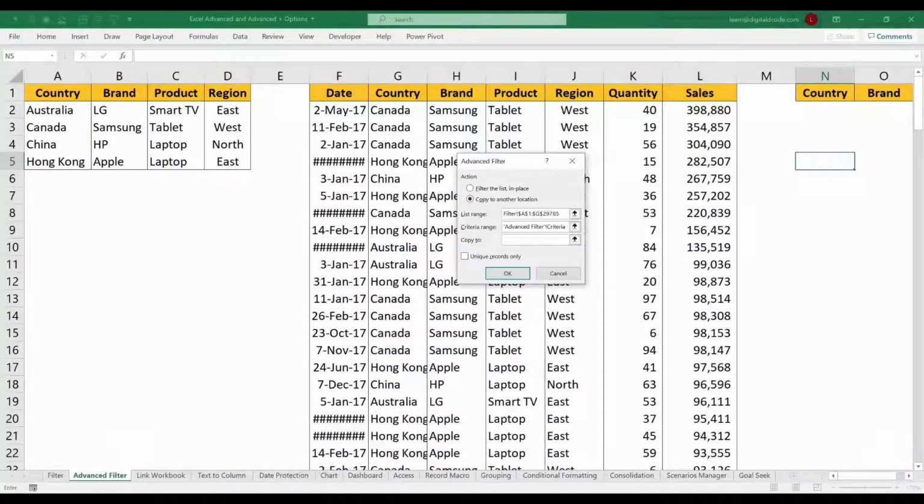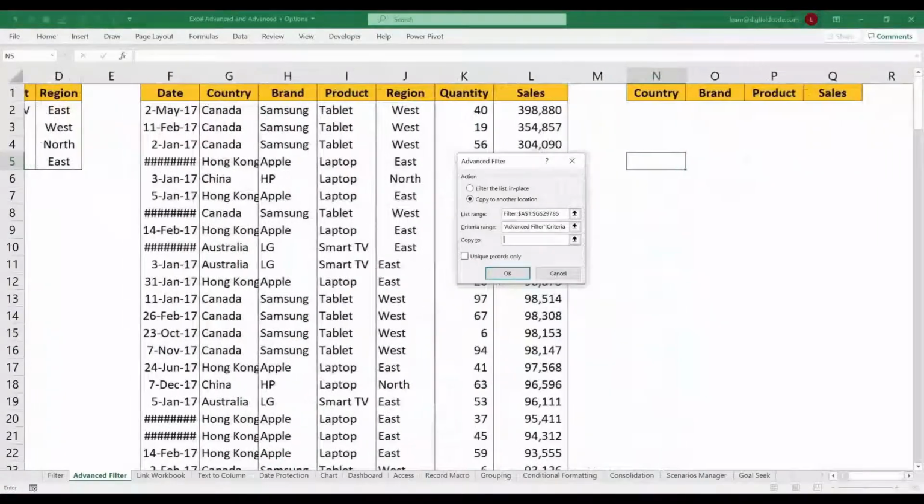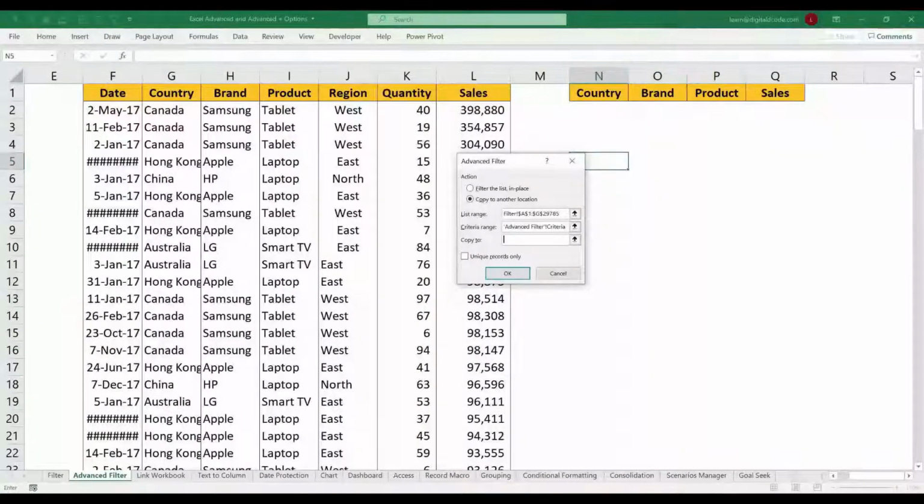For the copy to location, generally we choose one blank cell, right? If you choose a blank cell, you will get all the columns which you have in the data. But what I want is only the columns which appear here: country, brand, product, sales. So instead of selecting a blank cell, choose the column headers.